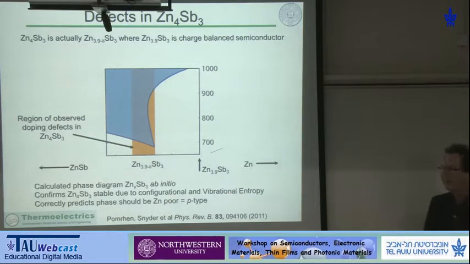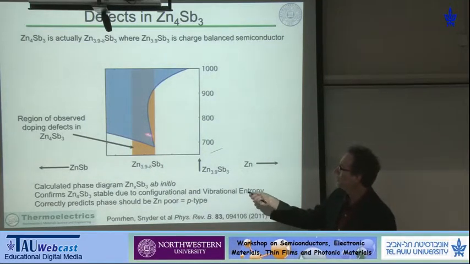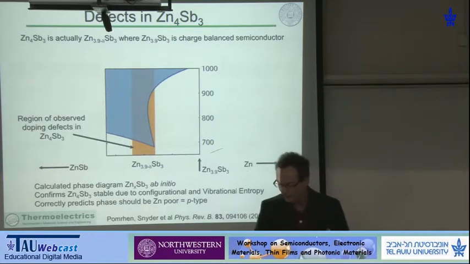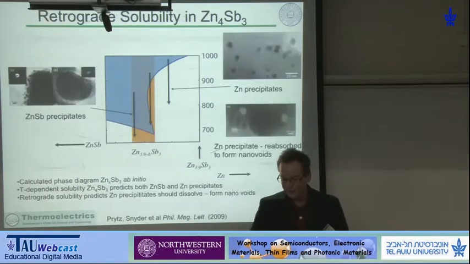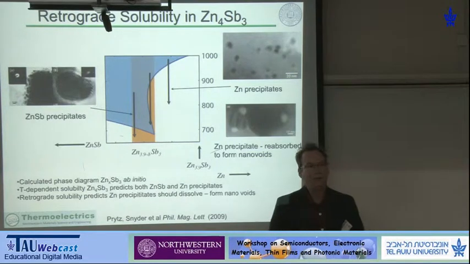And so for first principles calculations, this is actually pretty good. And this explains, again, why this material is always p-type. It's always zinc deficient compared to the semiconducting composition. So the other thing that this understanding of phase diagrams brings out is also a bit of understanding about processing